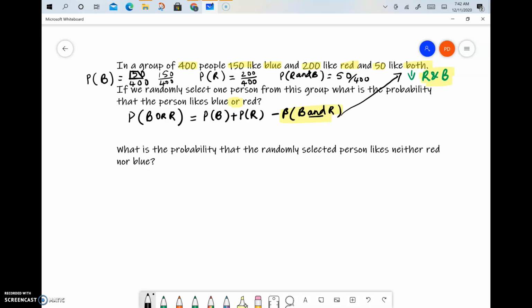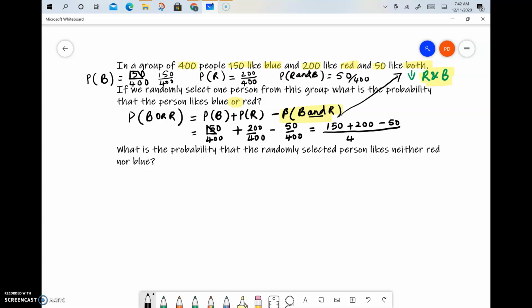So now the probability of blue is 150 out of 400. The probability of red is 200 out of 400, and the probability of both is 50 out of 400. This is equal to 150 plus 200, 350, minus 50, that is 300. So 150 plus 200 minus 50